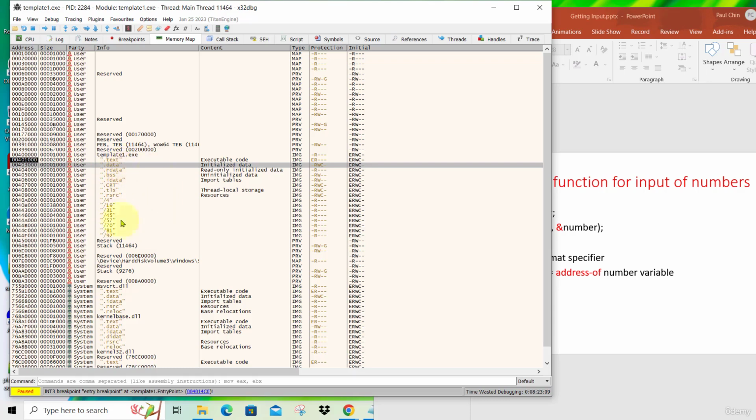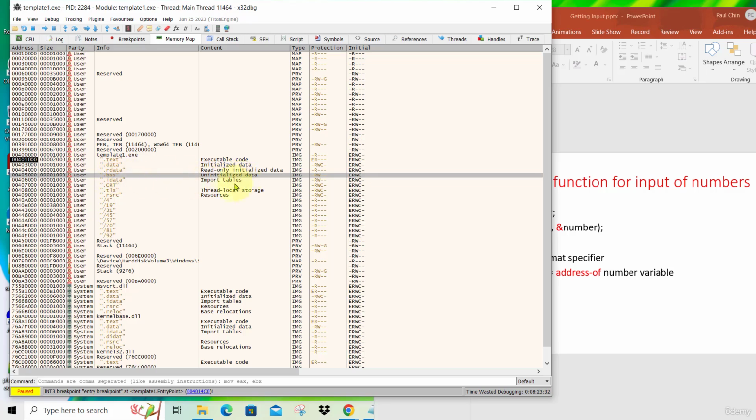That means after you restart the program, your values are still in the data segment. That is why it is called initialized data. But if you were to put your data in BSS, when you restart the program, everything will be deleted. So that is why this BSS segment is called uninitialized data.